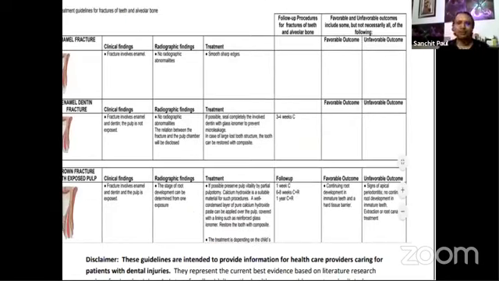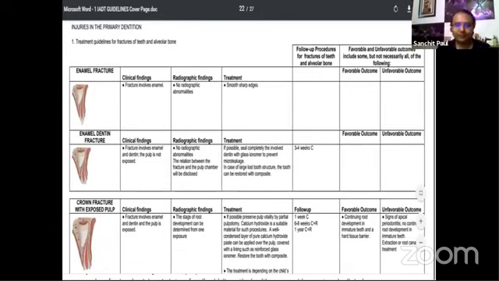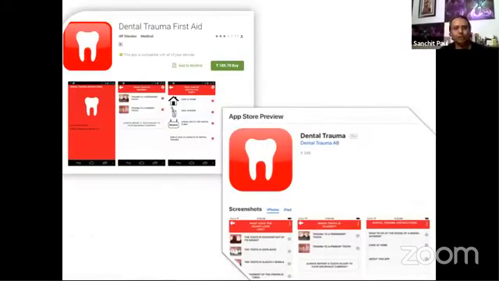You can take a printout, but there are also apps available. Always make sure that before attempting anything, even if you remember and know everything, you refer to these guidelines, because they are not only evidence-based but also keep updating. So this will always give you the most recent understanding of what to do in which scenario. And you can convey to the parent that I'm trying to follow the guideline which has been given, and not try to do something which will eventually backfire.